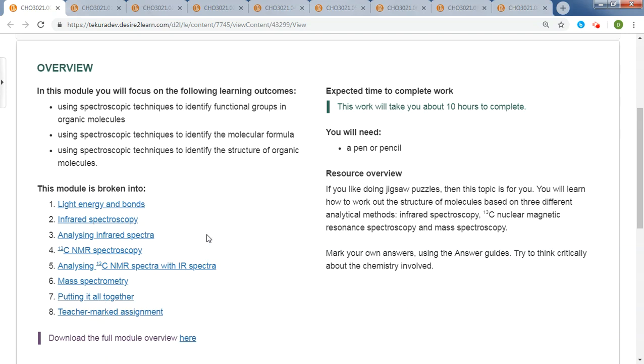Now, please note, you need to have done the learning for naming organic molecules, drawing organic isomers, as well as the functional groups, being able to identify them. So if you don't know that, go to 3051 module first and do the first 4 lessons before starting this